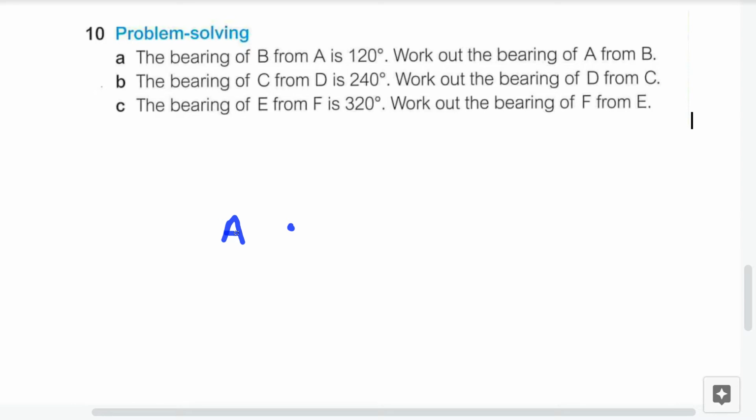degrees away from A. So we have to start as we usually do with the bearing, with our north line, and we ultimately then measure 120 degrees in a clockwise direction from A. We know that B lies somewhere on this line. We're not told a distance. And the question is then asking us to ultimately work out what the bearing of A then is going backwards